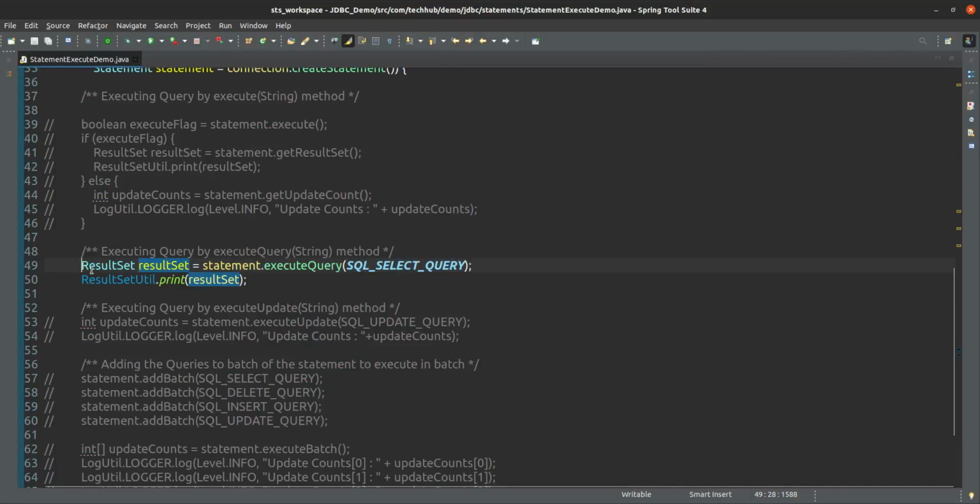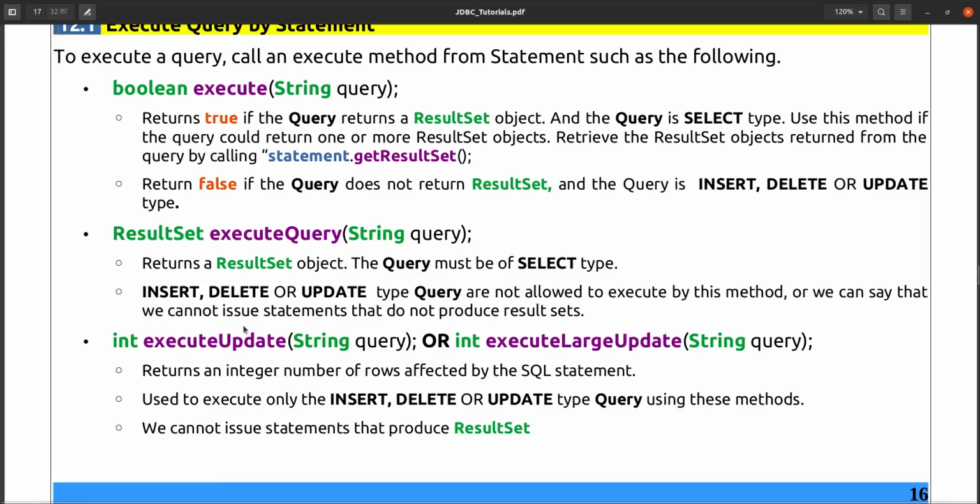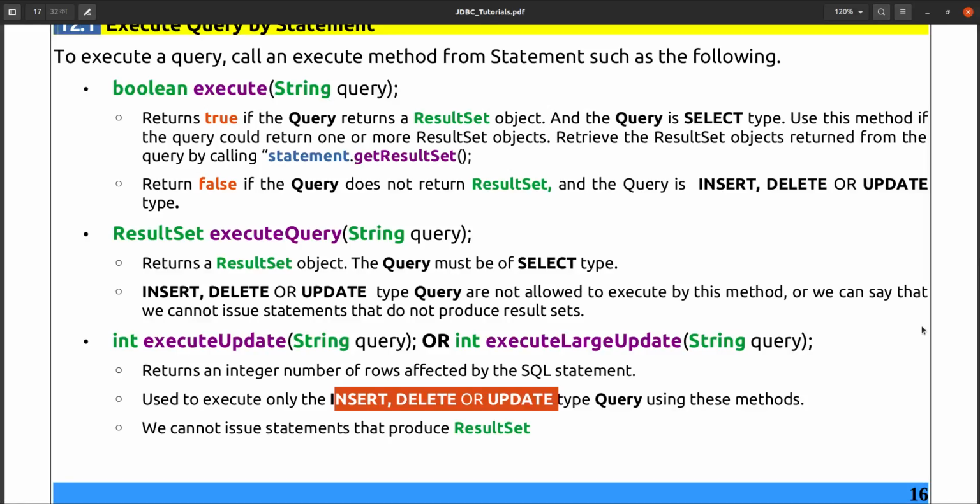Yes, and the third one is executeUpdate. ExecuteUpdate is used to execute only insert, delete or update type queries, because the return type for executeUpdate is a number, and that number denotes how many records are affected by your query.